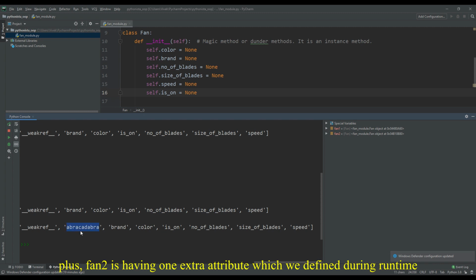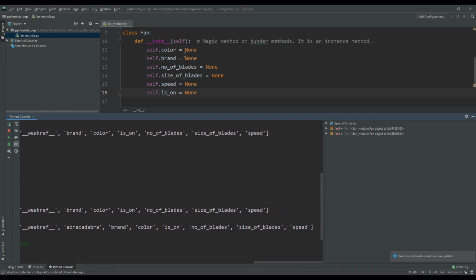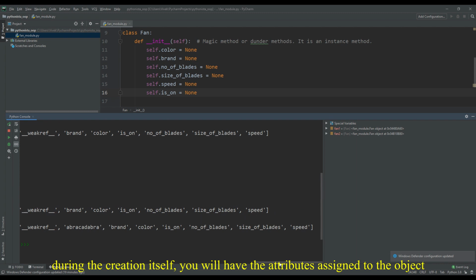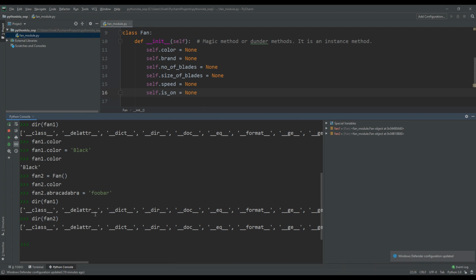Plus fan2 also has one extra attribute which we defined at runtime. So the use of init is that during creation itself, you will have all these attributes assigned to that object, and later, if you require, you can dynamically assign more attributes to it. And this fan1 or fan2 is what self represents.